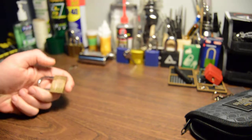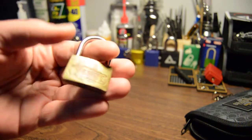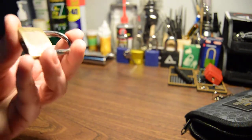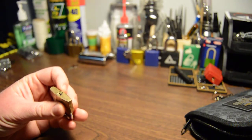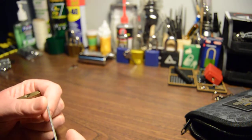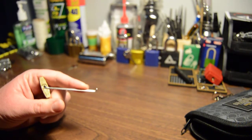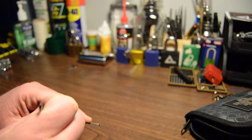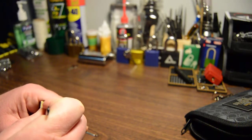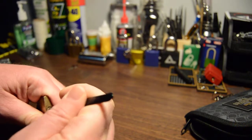So I grabbed this little dollar store deal. This was kicking around one of my wife's toolboxes from before we got together, but it's a super easy pick. So I brought it over and I explained tension, that you need something to help turn the key, or turn it like a key would, and you just need something that'll fit. And I told her the point is you're just pushing a couple of pins up, the entire thing should